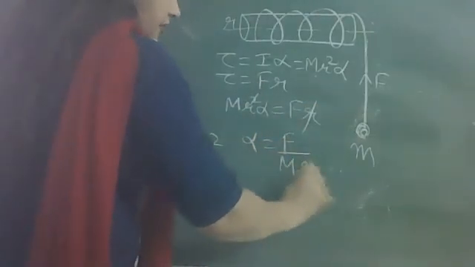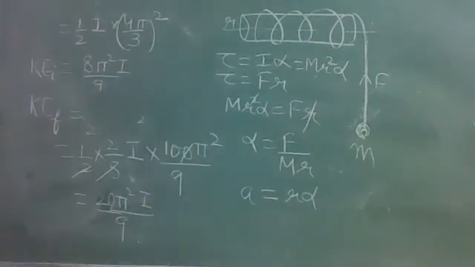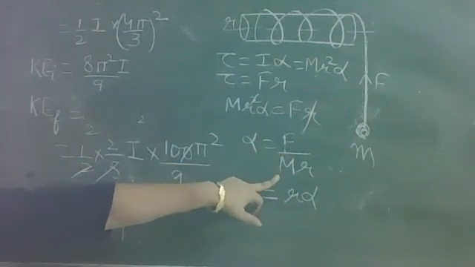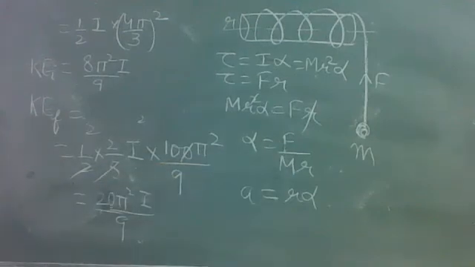First of all, we will find alpha. Then a is equal to r alpha, so linear tangential acceleration also we can find. So tell me what is the value of alpha after substituting these values of force. F is 30 Newton and mass is 3 kg. Put it here. 30 over 3, 10 हो गया और radius है 40 centimeter, 0.4 meter radius. So put in all these values and tell me the answer.